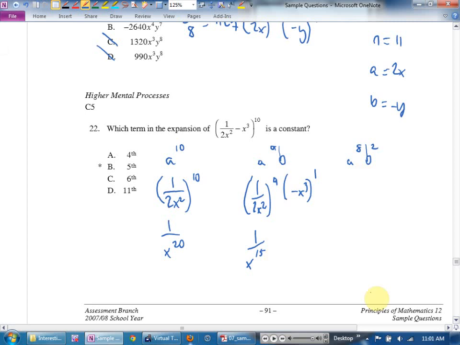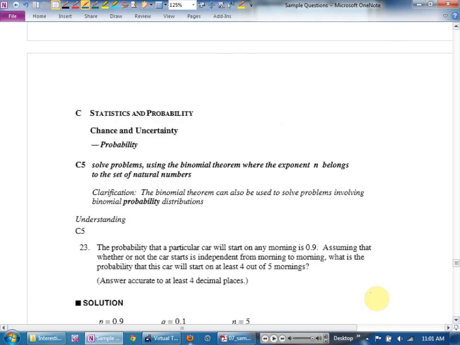Probability. Woohoo! Is that the last unit? I think so. Okay. So,